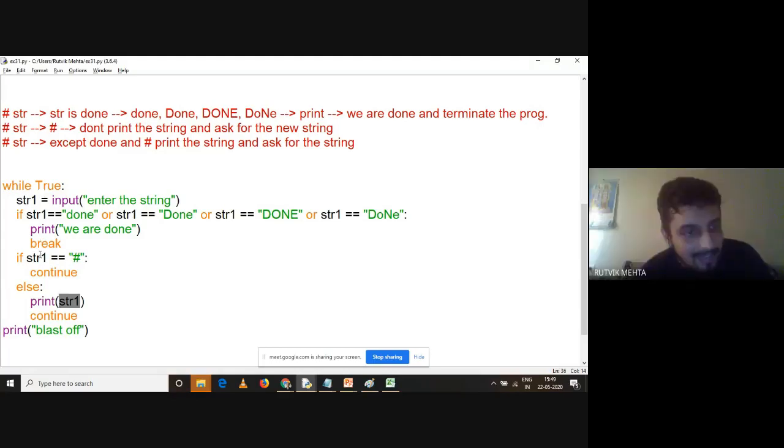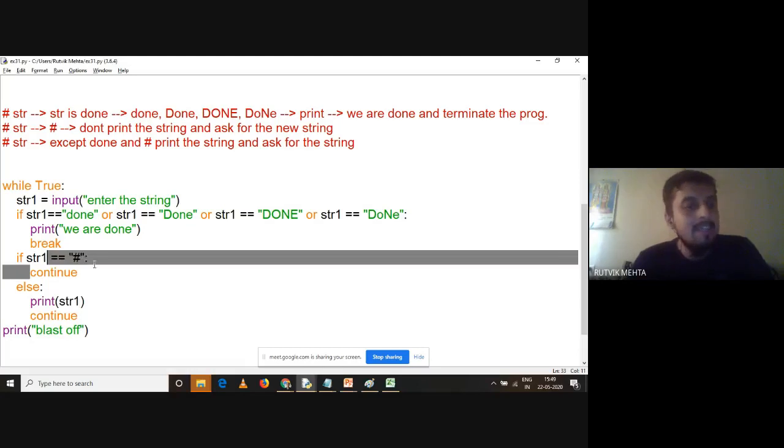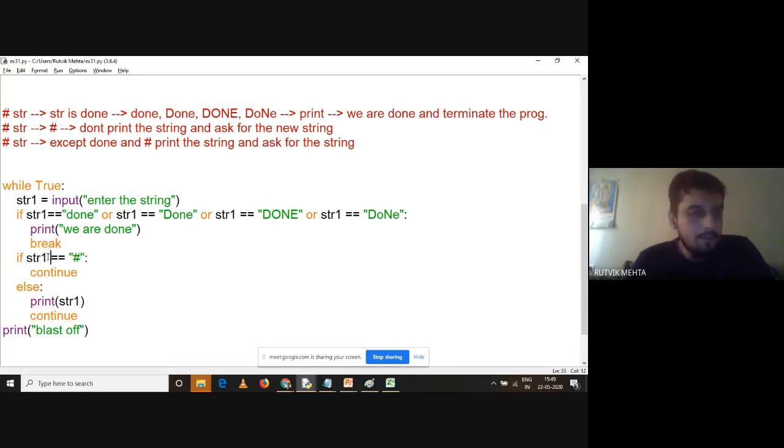समझ में आ रहा है? सिंगल हैश और डबल हैश दोनों डिफरेंट स्ट्रिंग है. When they are not equal, as we know, we are going to get executed else part. So 2 बार हैश, 3 बार हैश, 4 बार हैश करोगे तो भी क्या होगा, वो प्रिंट होके फिर इनपुट के लिए पूछेगा. सिंगल टाइम हैश के लिए ही वो बिना प्रिंट किए इनपुट के लिए पूछेगा, राइट? So we want to improve this program and we'll discuss this when we'll study string data structure later on, but